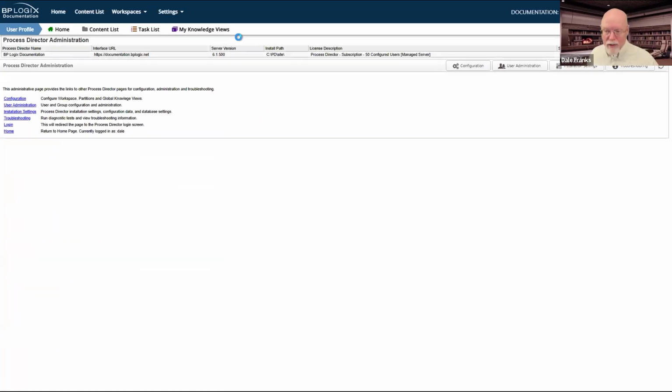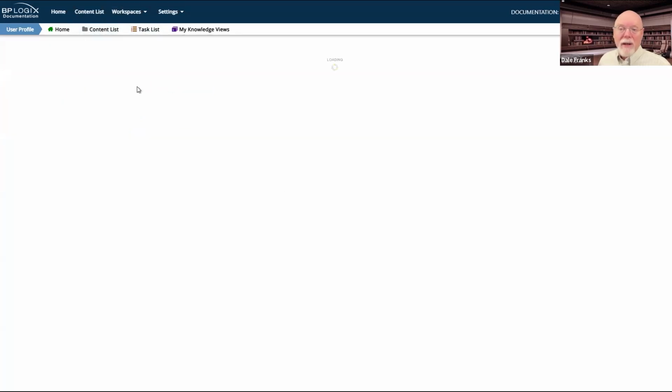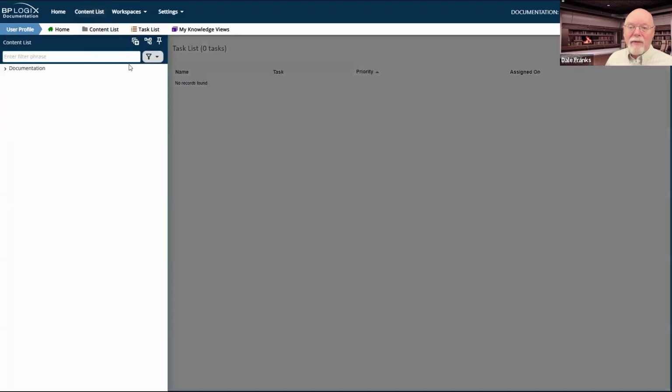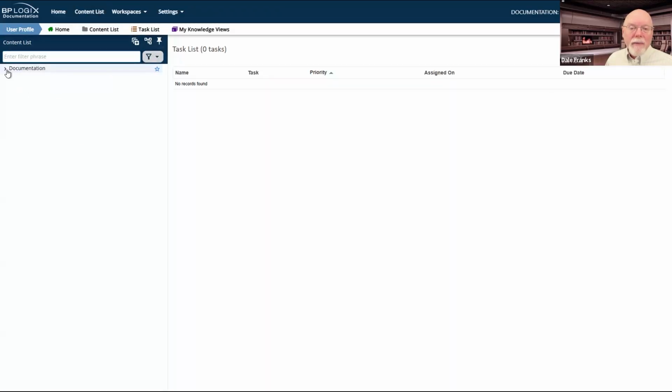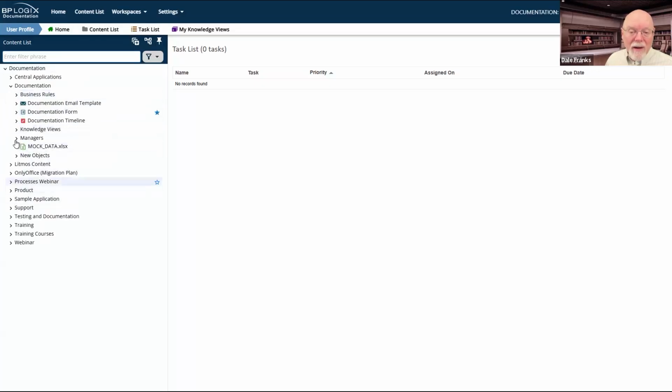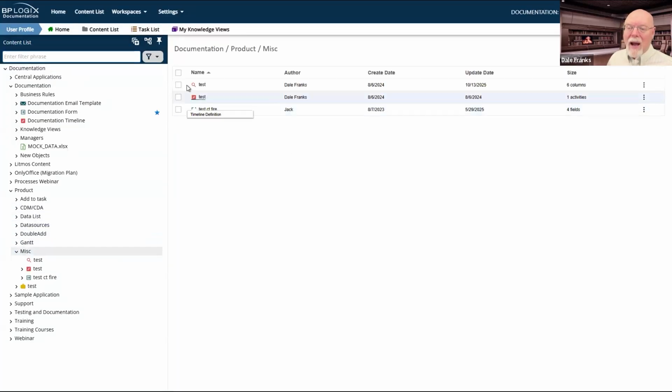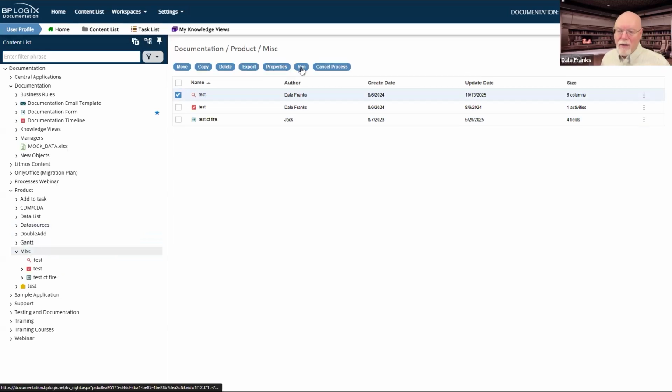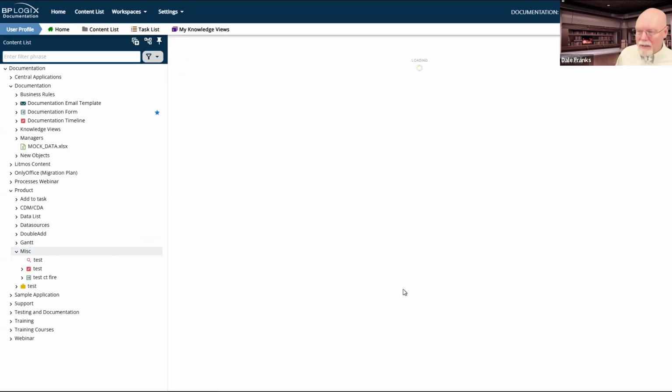as if I were using Pathfinder on this machine, then things are going to be a little bit different. Now, I wonder if it'll do it from the task list. Because now that it's set to false, if I go to my task list, and it could very well be I have no tasks in this task list, so fine. Let's go to the content list, and let's go to documentation, I think. Or where was I? Was it in product? I'm trying to remember where I tested this yesterday. I think it is in product and miscellaneous. Yes, I have a test knowledge view that I'm just going to run here from the content list.